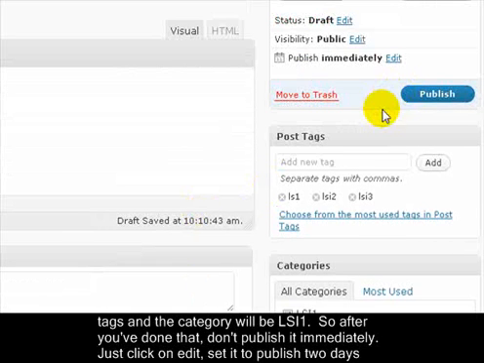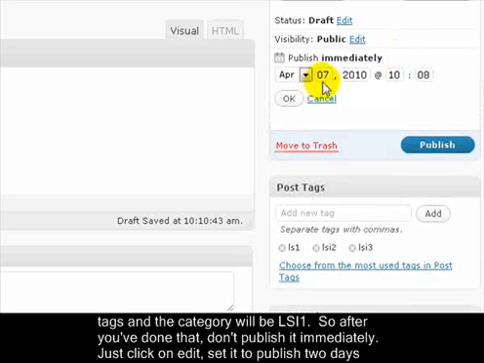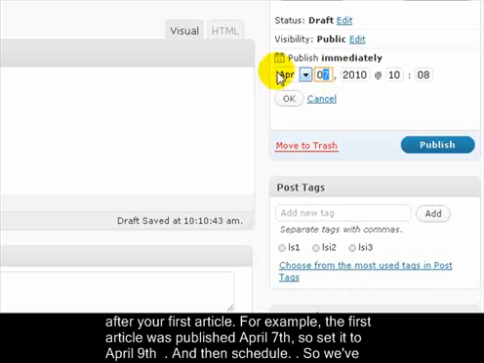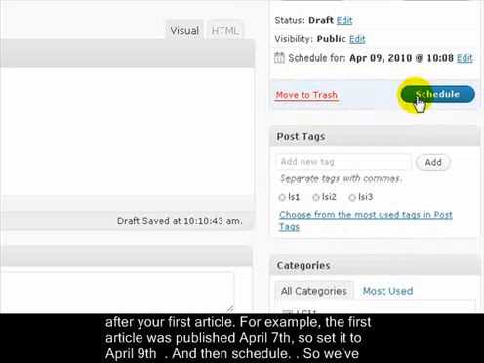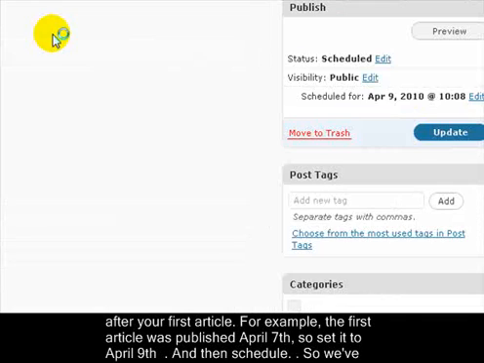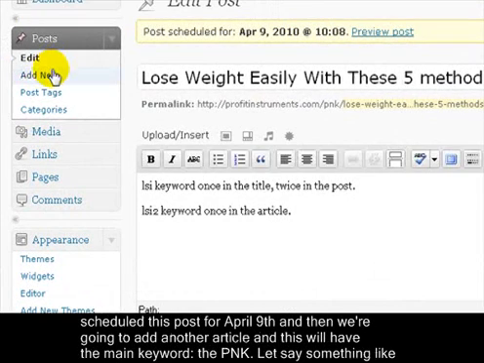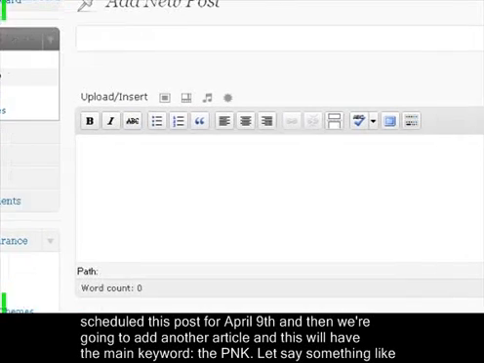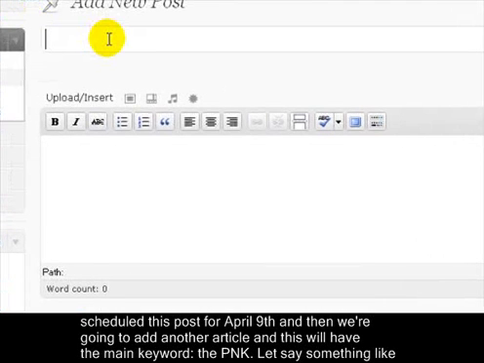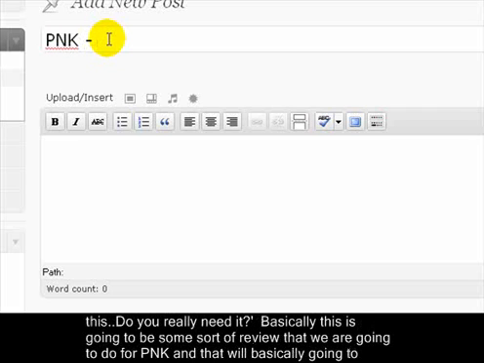Okay, so after you've done that, don't publish it immediately. Just click on edit, set it to publish 2 days after your first article. For example, the first article was published on April 7th, so we'll set it to April 9th. Okay, and then schedule. Okay, so we've scheduled this post for April 9th, and then we are going to add another article, and this will have the main keyword, the P and K. Let's say something like this,